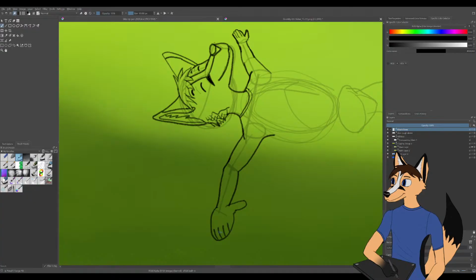Wait, 1, 2, 3, 4, 5. He has 6 fingers! Maybe I need to spread them out a little bit here. Let's see. Kind of put that there. Put that there. That's a little too thin.